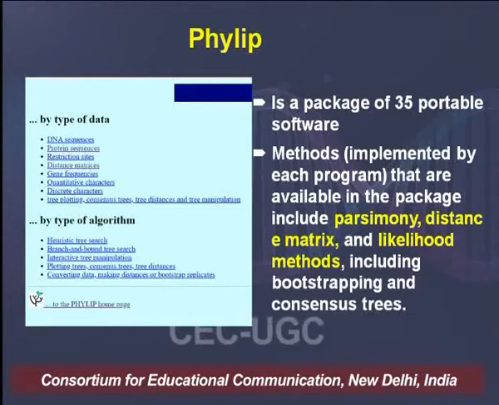All methods are being used for building the trees. So we have 35 different softwares in this package, and you can choose whichever way you want to make it. And you also have bootstrapping and consensus tree building softwares in this package. So the data types that can be handled include molecular sequences, gene frequencies, restriction sites and fragments, distance matrices, and